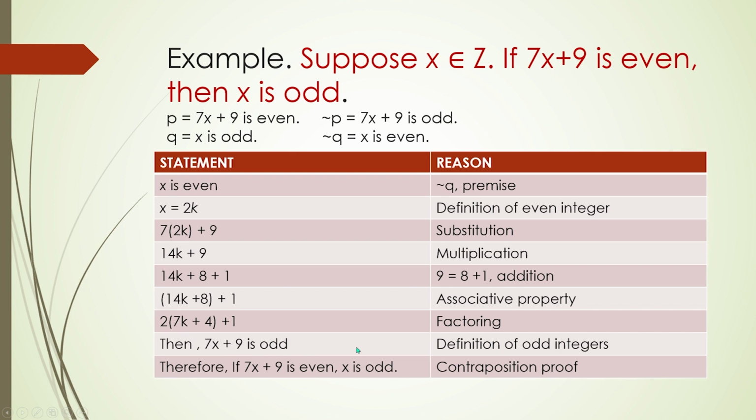So we have clearly shown that 7x plus 9 is odd, which is the negation of the original premise that 7x plus 9 is even. So therefore, we can conclude that if 7x plus 9 is even, then x is odd, which is the same as our original statement by contraposition